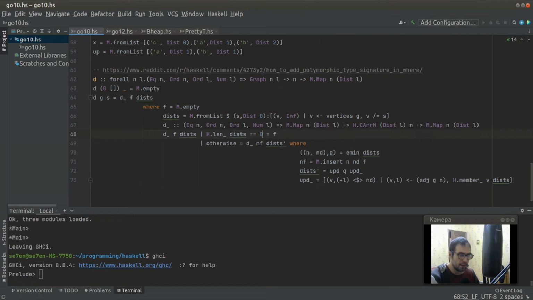In this case we can say that our priority queue is empty, and we can stop by defining our function as f. This is the list of the pairs, this is the map, this map which contains the nodes and its distances. Okay,